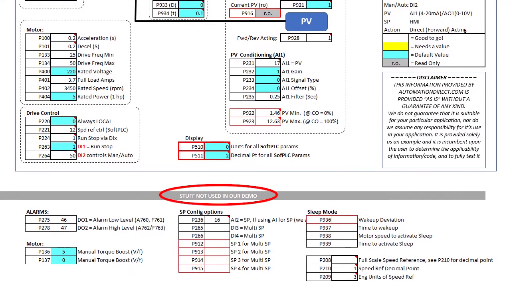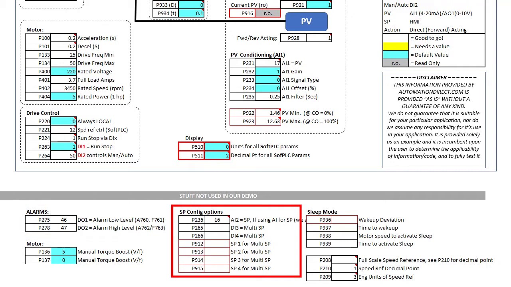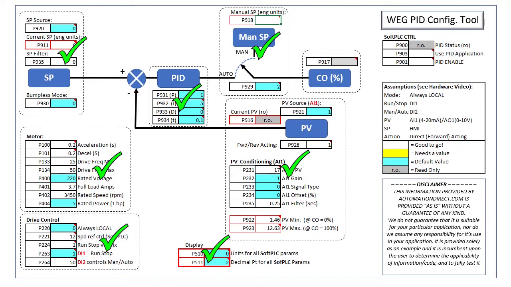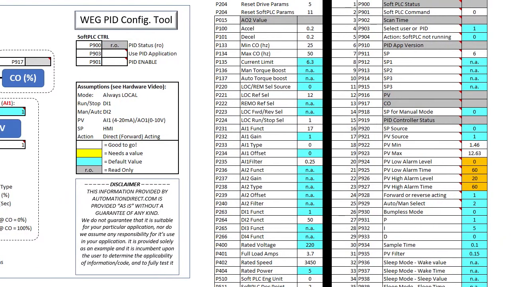Down here, I listed the parameters we didn't use for this demo, just so you have them available if you want to use alarms, or add torque boost, or use a different type of set point, or if you want to use sleep mode. Well, we've gotten rid of all the yellow cells, so we're ready to give this a try. Over here is a list of all of the PID-related parameters in numerical order, which makes entering them into